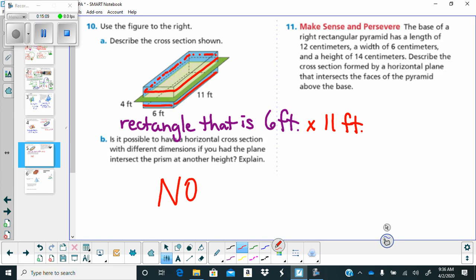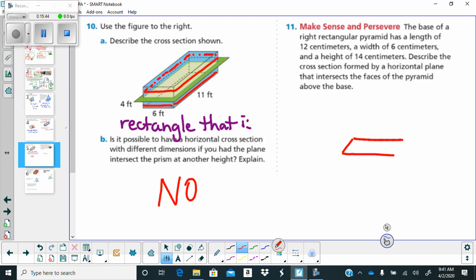And number 11, okay, I'm going to kind of attempt to draw a right rectangular pyramid. The reason why it says a right rectangular is that's just a pyramid that goes straight up. That means the height going down the center of the pyramid is perpendicular to the base. So if it was a pyramid that was kind of slanted, they have different names for that. A right rectangular pyramid, 12 by